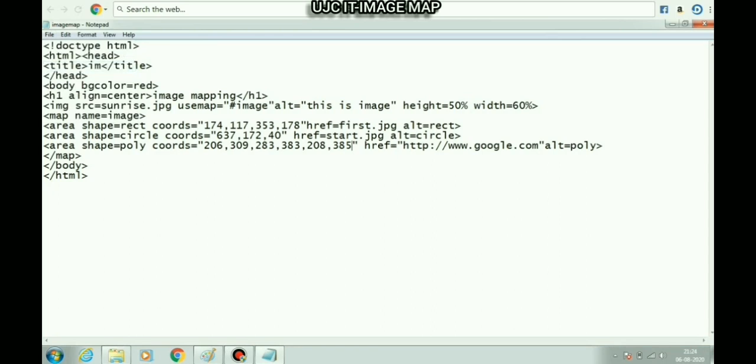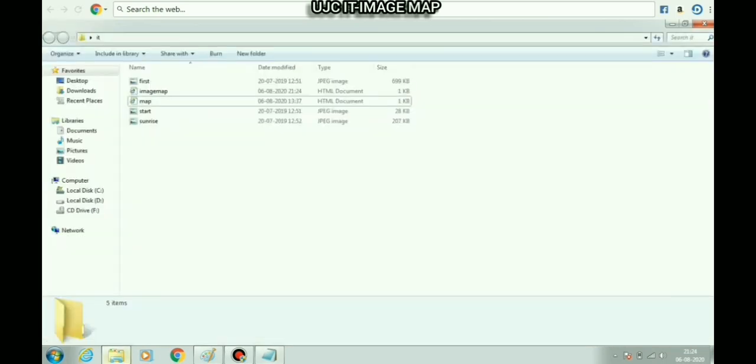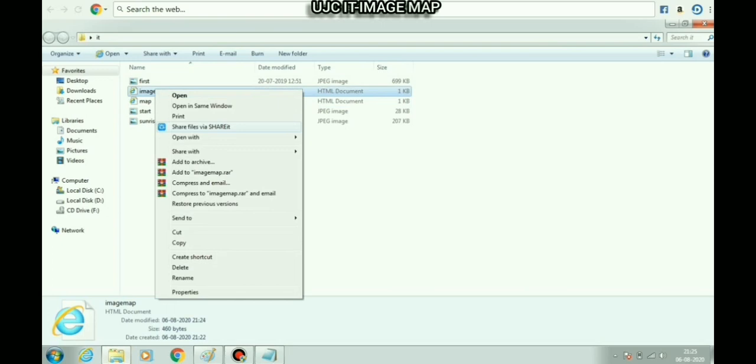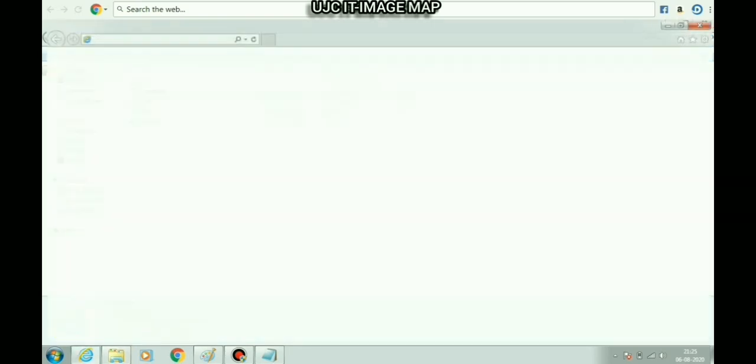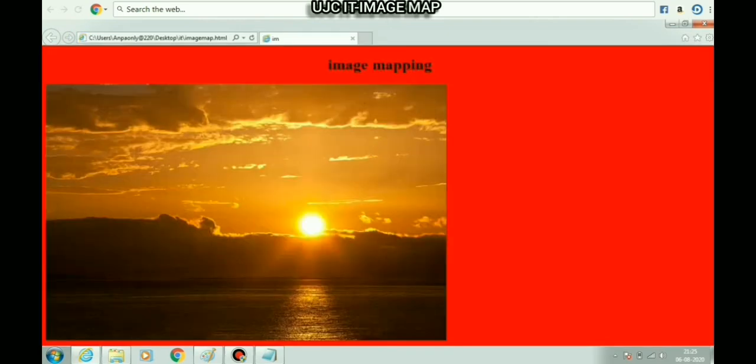Go to your folder and check your output. Right click on the image map, that is your HTML file. Open with Internet Explorer. You can check the hotspots by pressing the Tab button on the keyboard.